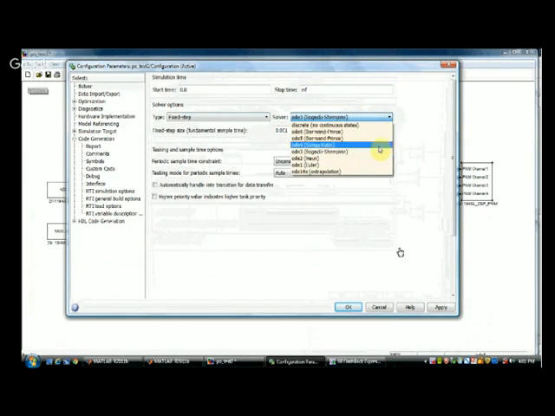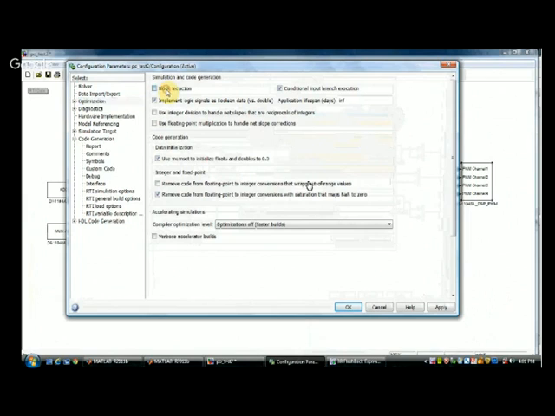So ODE 3 we have selected. So this is one thing, normal setting: 0, infinite, fixed step. Next we will go to optimization. So in this optimization block, when you are doing simulation, this block reduction will always be clicked on. So what you have to do, you have to uncheck that. This block reduction you have to uncheck. So that is what this will be there. You have to just uncheck it.